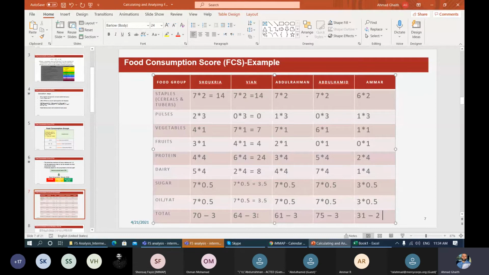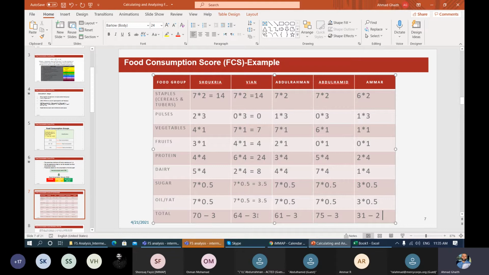Somebody mentioned sustainability. Yes, Shukriya, you mentioned sustainability. It's important to think about whether the consumption pattern, which is just what they're eating, is sustainable. Is it actually reaching all the members of the household? We ask other questions to get at this, and also dietary diversity and nutrition-sensitive indicators to understand better what the quality of the actual food consumed is.